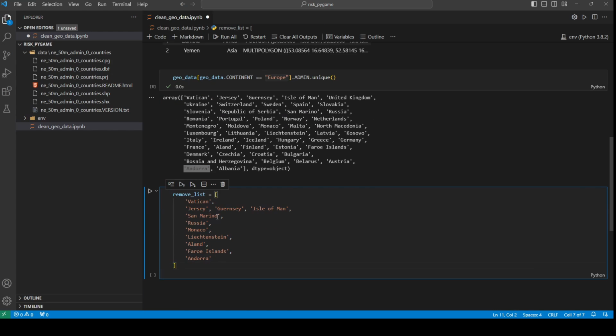Alright, so for now we're going to just have this as our remove list. We can come back to this in the future, either add countries to the remove list or remove them from the remove list, but this is what I'm going to be working with now. Okay, so from here we can start iterating through our geo data frame, and we can start creating cleaned geometry